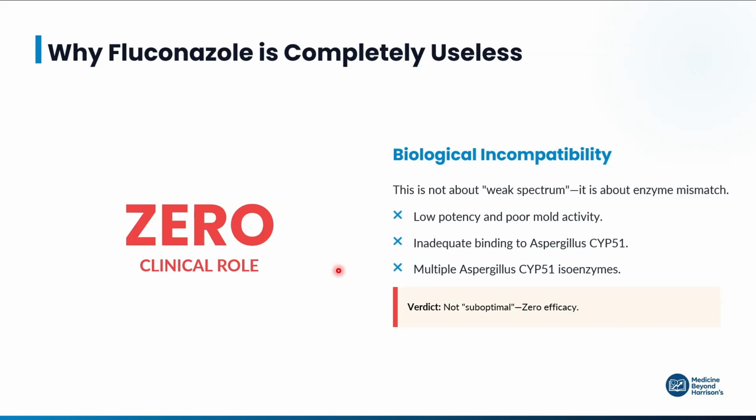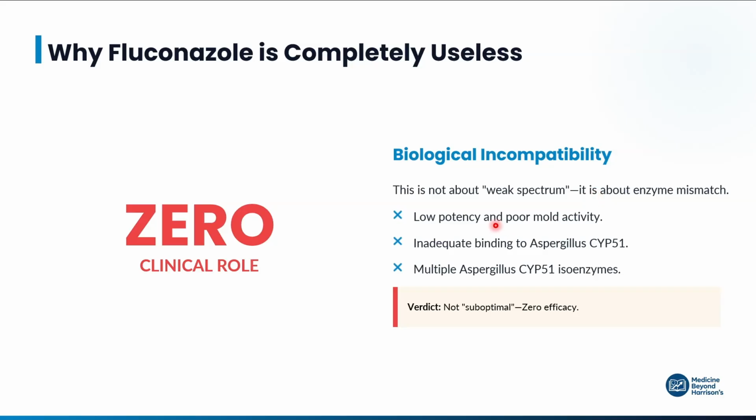So why is fluconazole completely useless? Fluconazole is also an azole, and voriconazole is also an azole group of drug. So why can't you give fluconazole? It is not about the weak spectrum of fluconazole, but about the enzyme mismatch. Basically, these drugs inhibit the cytochrome 51 enzyme, fluconazole included, but in case of